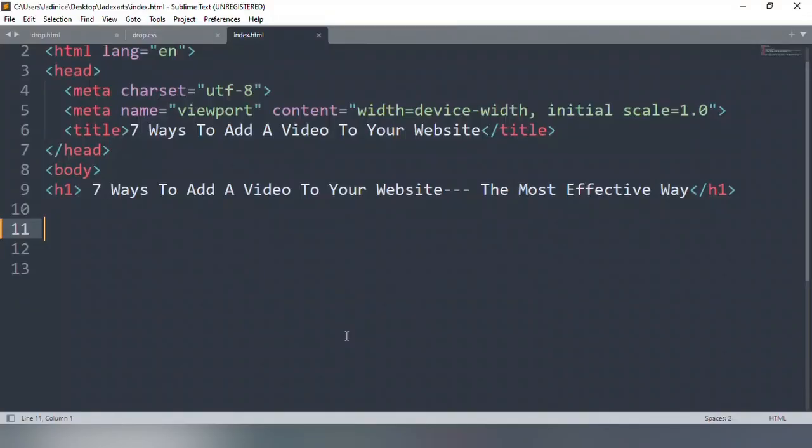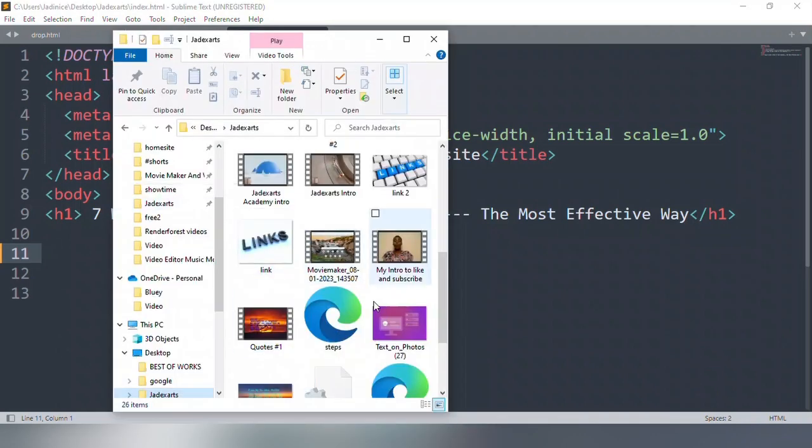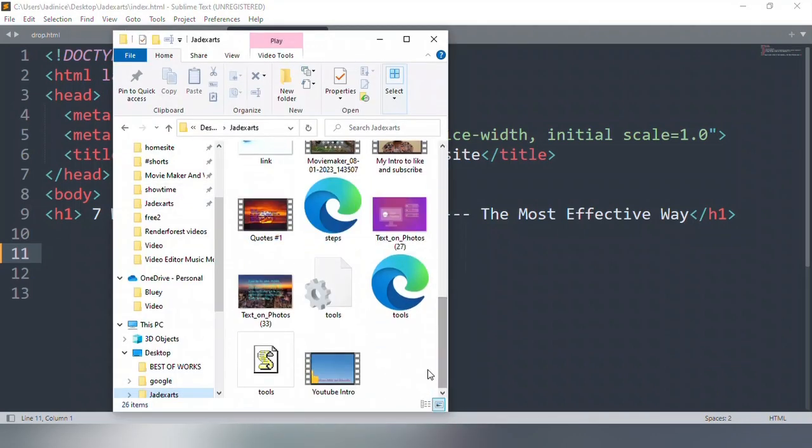Okay, so the first thing that we're going to do right now is to download an image and also download a video. Once you download them, make sure that you put them in a folder and create an HTML file and make sure that it's also in the same folder. Here is an example. The images and video have to be in the same folder. This is the only way that it will work. If you copy it, it won't work. Like I've said, do not copy, please move it to the folder in which your HTML file is.